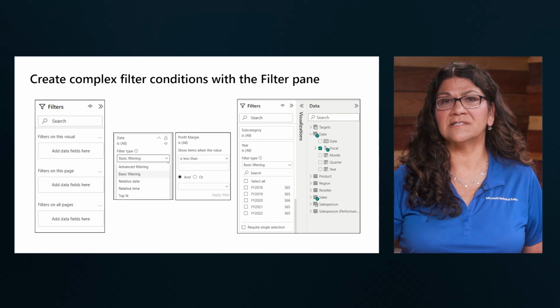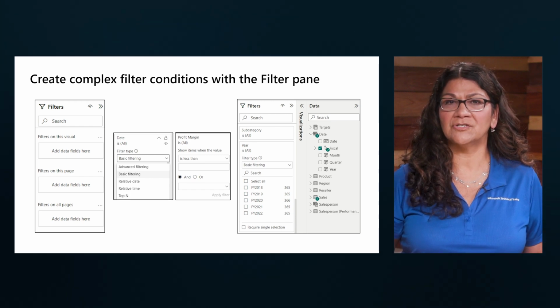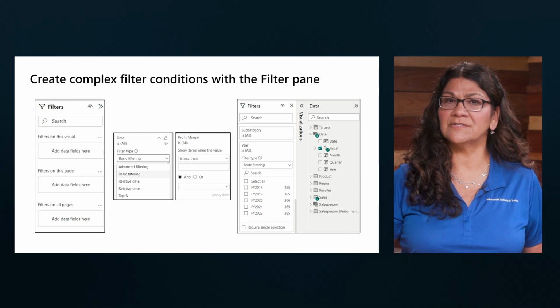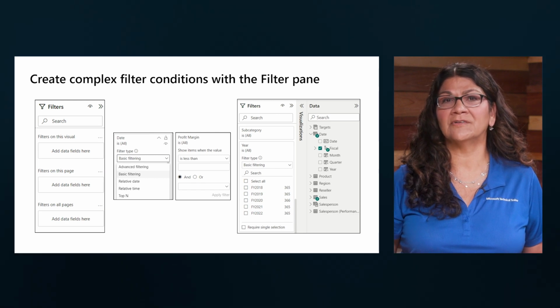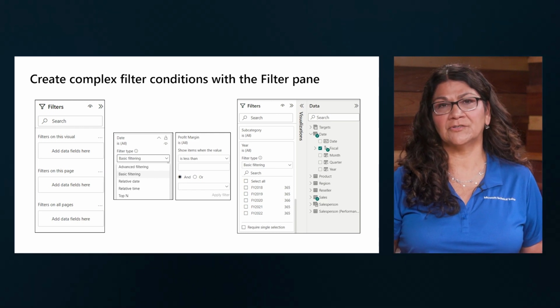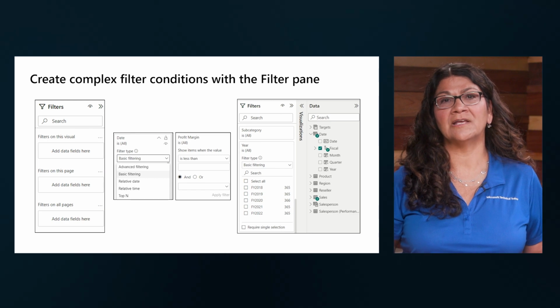On the left, we can see the different levels of filters: visual, page, and all pages. In the center, we can see the different types of filtering: basic, advanced, top N, and relative date or time for date-time data types. As a report designer, you can customize the filters pane, like add and remove